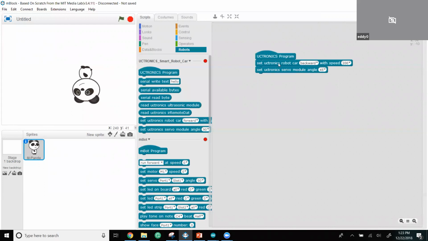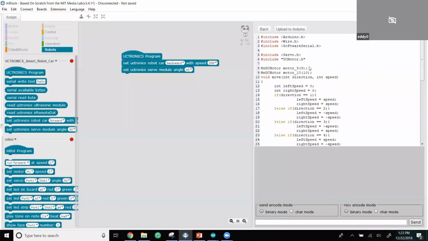Now it was doing something, so if you double click anywhere where it's not white, if you double click on the, oops, let me see. It's fighting me. There we go. If you double click on the blue part, it will pop up with this, right? And this is your Arduino code. I totally suggest you study this if you have the interest and the time. This is the actual Arduino code that's going to be going to your robot,